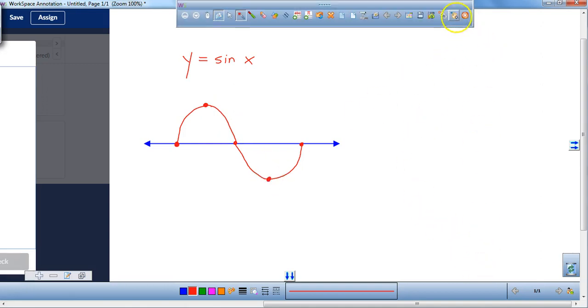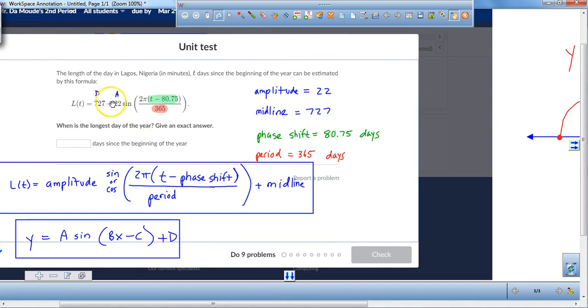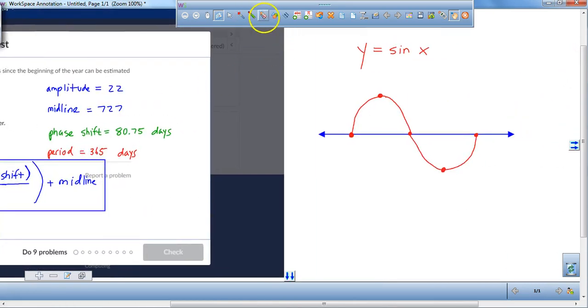Now, if we go back over and take a look at ours, we do have a positive sine graph, except our amplitude is 22. So what does that mean? That means,